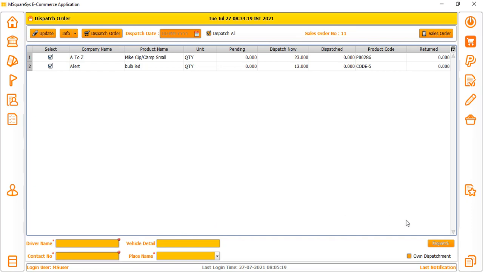In some cases the customer takes their items as per their wish and comes with their own arrangement. Then press own dispatchment and provide the dispatch. These 2 items are going in the customer's vehicle. If we are delivering, we need to give our details, and we arrange the vehicles and send them. This will be helpful on the way, so no one will stop our vehicles. That's the reason we keep this information.